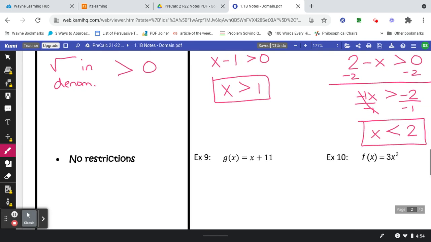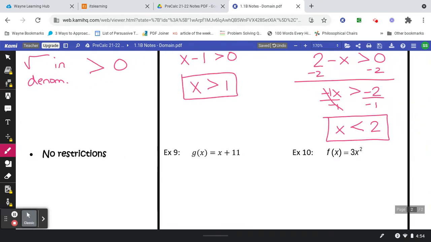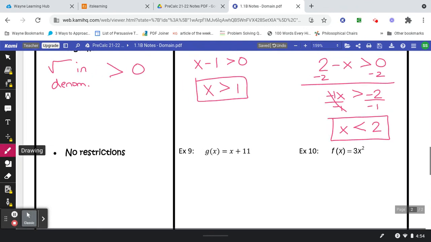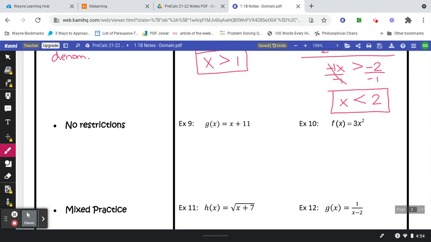All right, now you probably have noticed that not very often do you get an error message in your calculator. Most of the time when you plug in numbers, you get an answer. So if that's the case, we have what's called no restrictions, meaning there's no square root and no denominator. These are just more of your regular problems, and no matter what numbers you plug in, you're always going to get an answer. When this happens, you can either write out the words all real numbers,